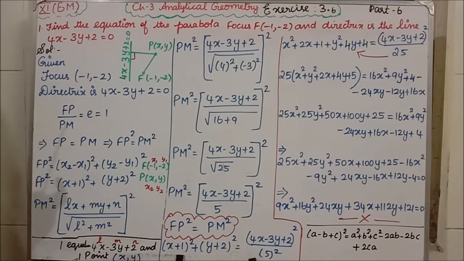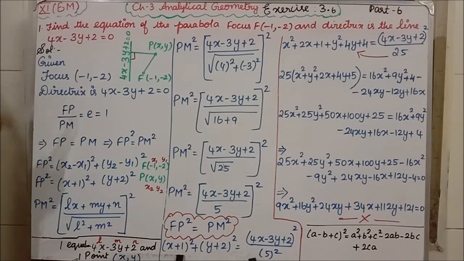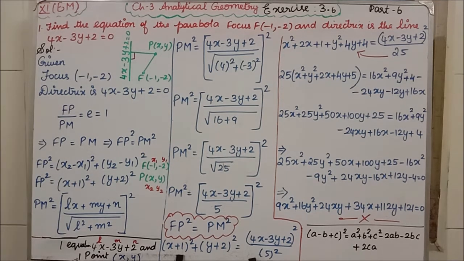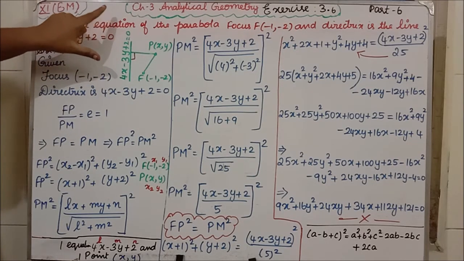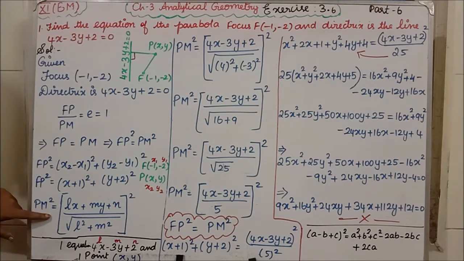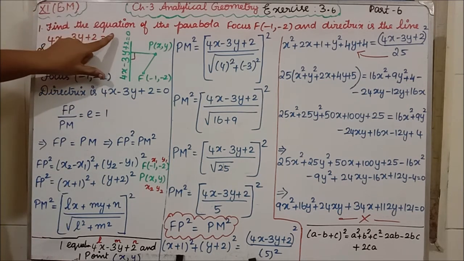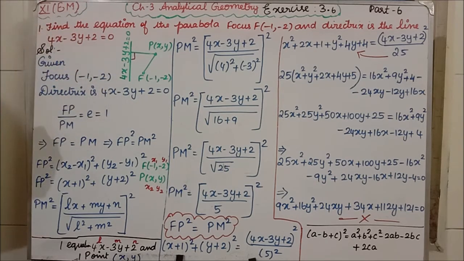Next we have to find the distance between the point P and the straight line. This is the perpendicular distance of a point from a line. If you see, this is one point, and from this point to this line, if you want to find the distance, what is the formula? Students, do you remember? We learned it in exercise 3.2. If they give one point and one equation and ask for the distance, then we apply the length of the perpendicular formula.